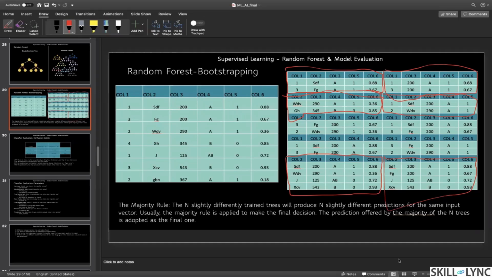Okay. So in an interview, if someone asks you, do you know anything about ensemble classifiers, then you can talk about random forest. There are several other algorithms which are ensemble classifiers, but the scope of this course is only random forest. Okay, guys.